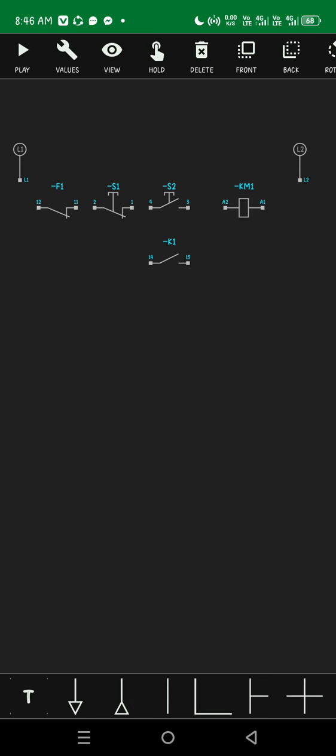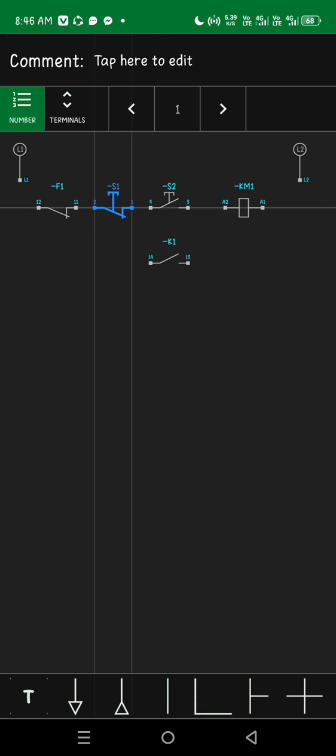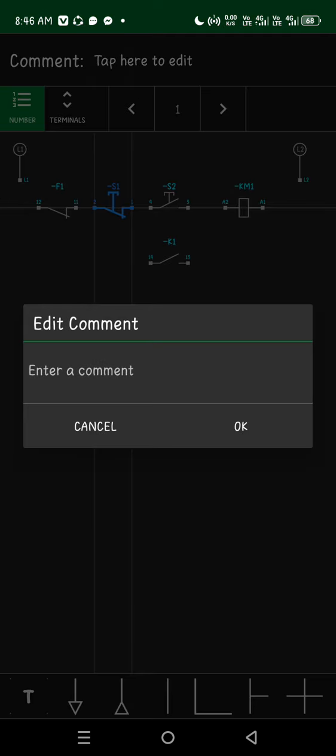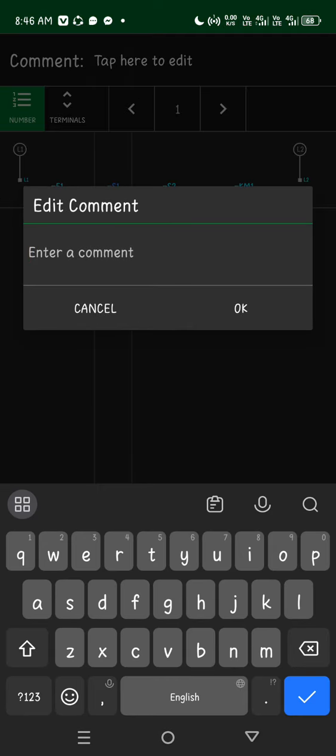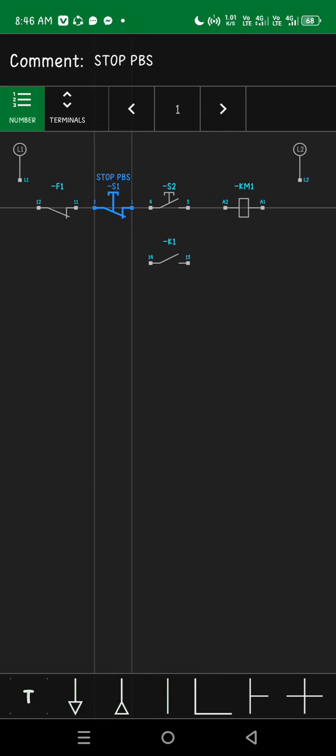Then we have to rename the push button switch. We have to click push button switch normally close, then click values. Then we have to tap here to edit and put stop PBS or stop push button switch. Then click OK.